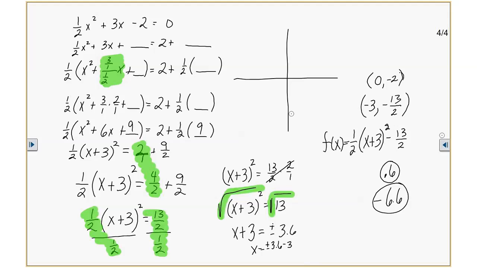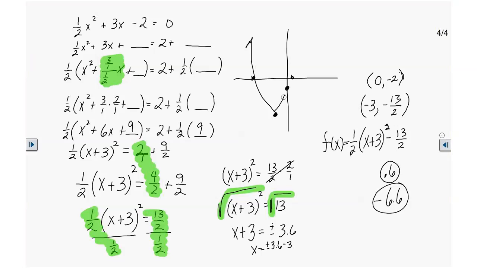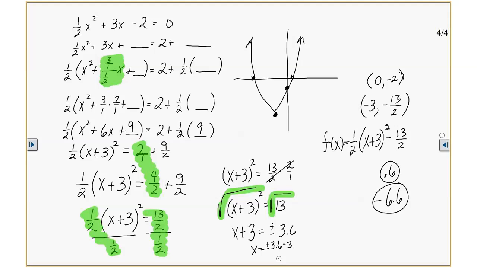So your sketch: 0, -2, -3, negative 6? 0.6 and 6.6. And that's the number 9 that didn't do what I wanted it to do. But you also, besides ignoring these two,